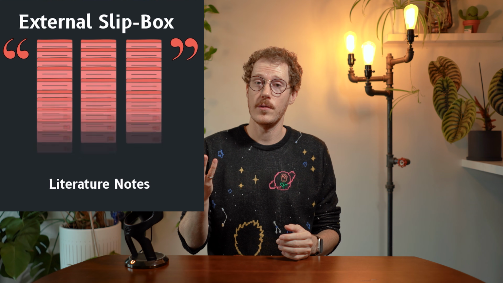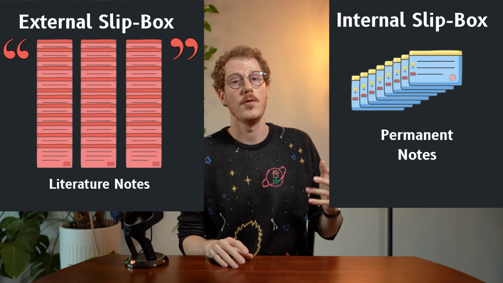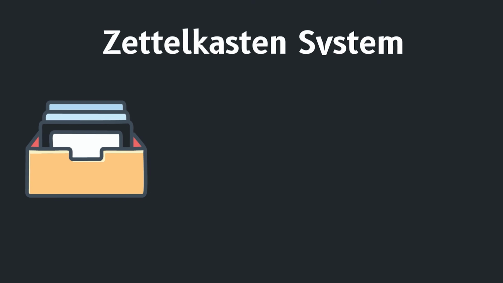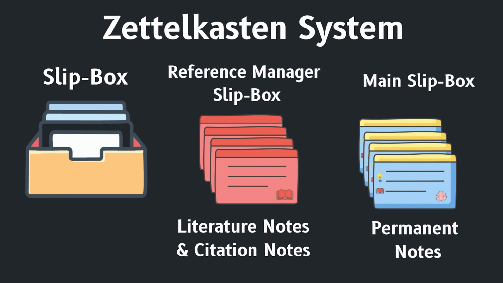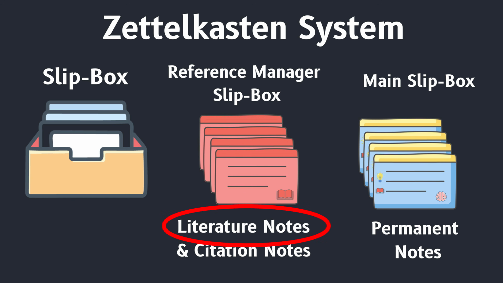We have an external slipbox for information from sources, and we have an internal slipbox, which is a conversion of those external sources mixed with our own ideas so that we always know which was our idea and which came from someone else. You can think of the external slipbox as the thoughts of others, information that you're consuming from external sources. These are converted into literature notes, which are kind of like the permanent source notes for information extractions from the sources.